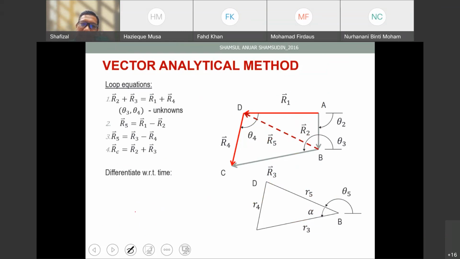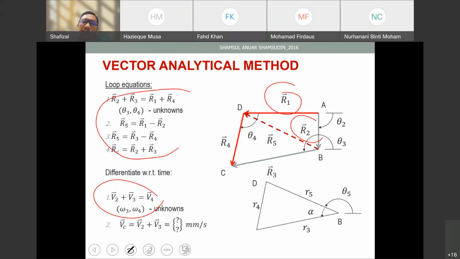I don't think this is the same question. This is just an example. When we have a loop like this and we have all the lengths of the vectors, then we can find the remaining lengths, the unknowns. If you look at all these, they are all distances, lengths, and then you differentiate with respect to time, you get the velocity. You can find the velocity, and also the linear velocity as well as the angular velocity using this